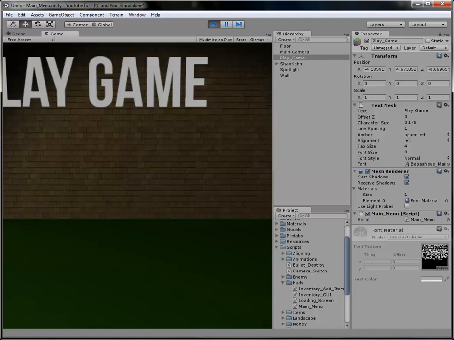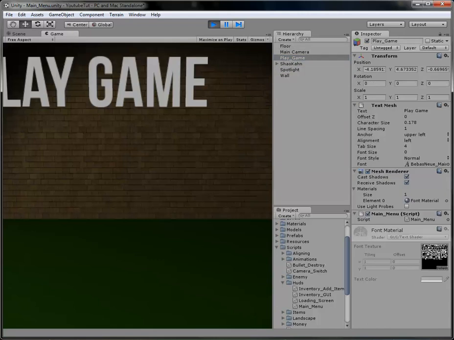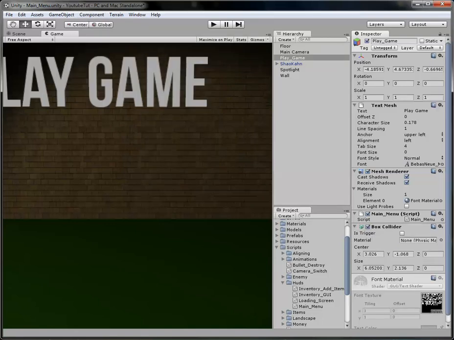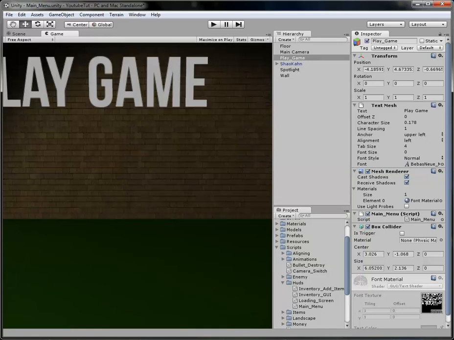Oh yeah, it's not maximized. So we click that, and oh yeah, we need to assign a box collider to it. I keep forgetting that. Go to Component, Physics, and Box Collider. The reason you have to assign a box collider to it is because if it's not, then you can't click it. You can't use a mouse down on anything that hasn't got a box collider. So GUIs are automatically created with box colliders. So if we click this,